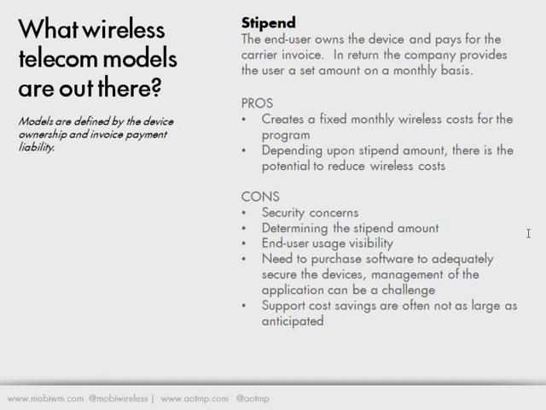I think organizations go into the stipend model with two different theories. One, either, well, we're going to drastically reduce our cost, and we're going to force some of the cost burden back to the user, and we're going to issue a much smaller stipend, say $20, $25, $30, something like that. Those models tend to make sense, especially with those fence setters that I mentioned earlier. If you've got users that traditionally have had a phone that maybe it's somewhat difficult to justify why they need a corporate phone, maybe they sometimes need it, that's a perfect example of somebody where this kind of model can work. And that smaller stipend where you're not covering the cost of the phone, but you're covering